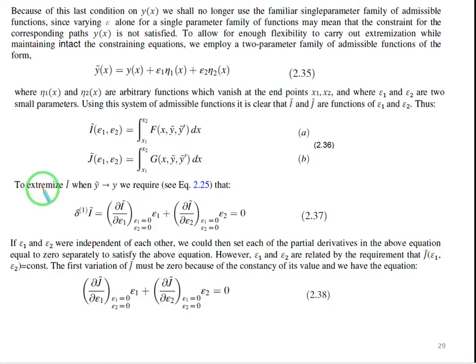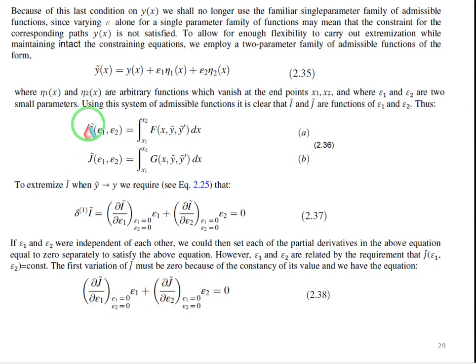We know that if epsilon 1 and epsilon 2 tend to 0, or in other words, if y tilde tends to y, I tilde and J tilde